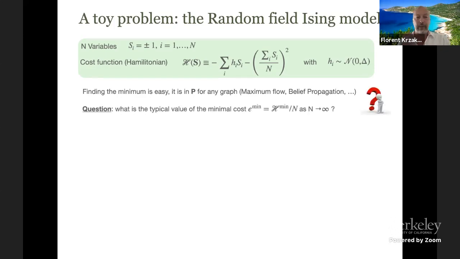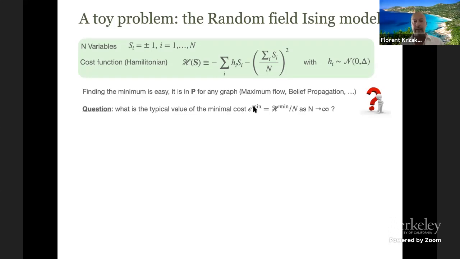All right, so the real question I want to answer is the following one. Now, let's say that we are in high dimension, so n is going to infinity. This is the topic of Simons' meeting after all. And the question is, what is the typical value of the minimal cost when you minimize this function? Or more precisely, what is the typical value of the minimal cost divided by n? We hope that this has a finite limit, and we would like to know this number. Of course, we could run the algorithm for many sizes and look at it, but the question is, can we compute it?